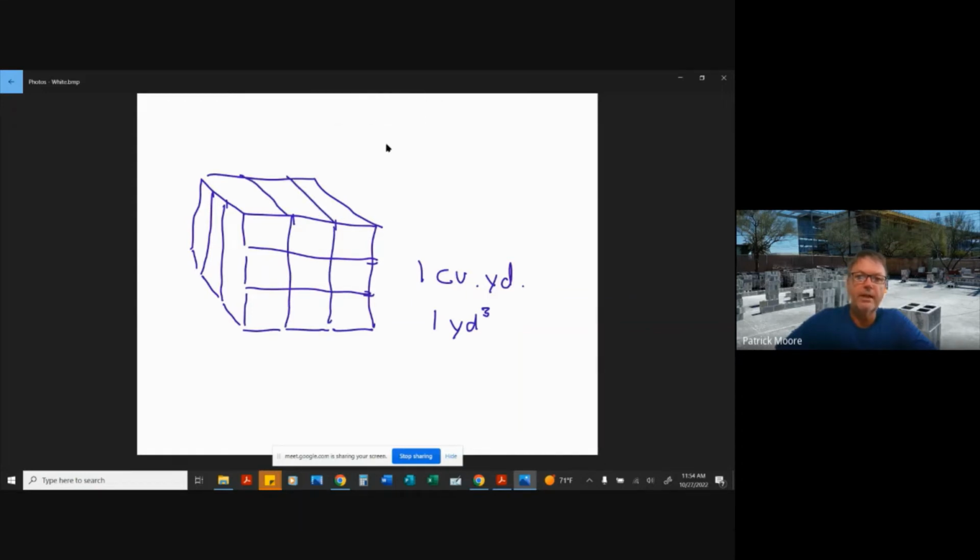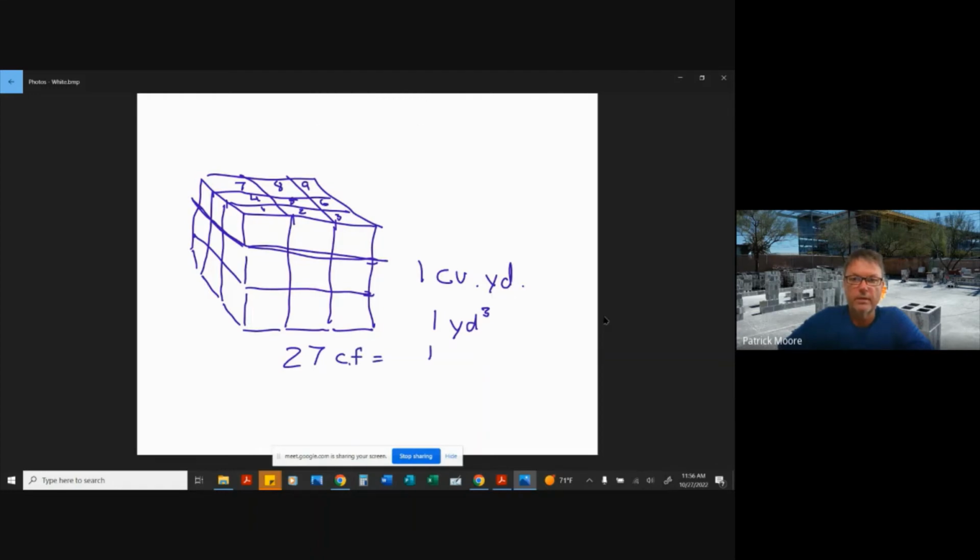Now you tell me how many 1 foot cubes are in this 3 foot cube. So there's 1, 2, 3, 4, 5, 6, 7, 8, 9. And that accounts for this whole row. And then there's 9 in the top layer, there's 9 more in the second layer, and there's 9 more in the bottom layer. So there's 27 cubic feet